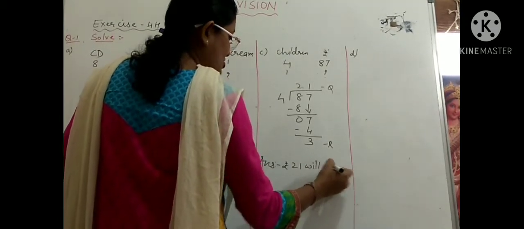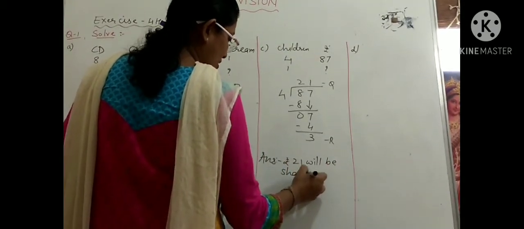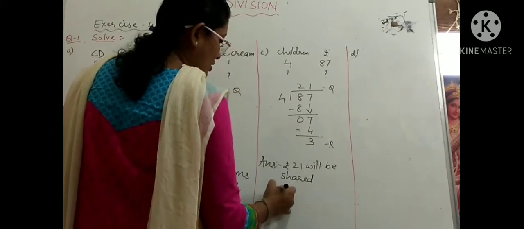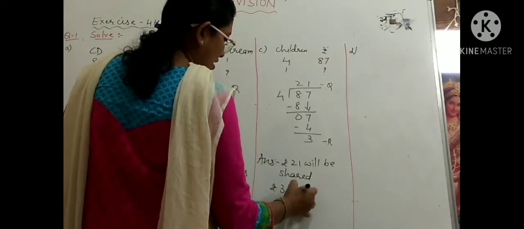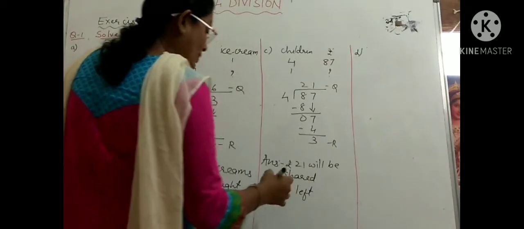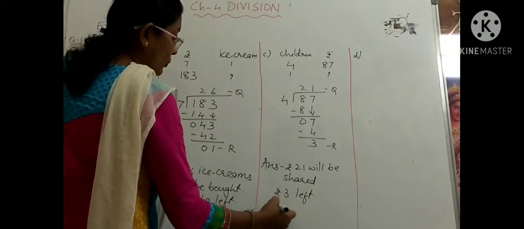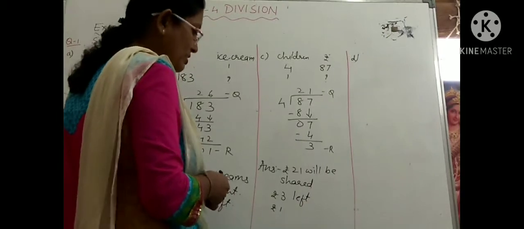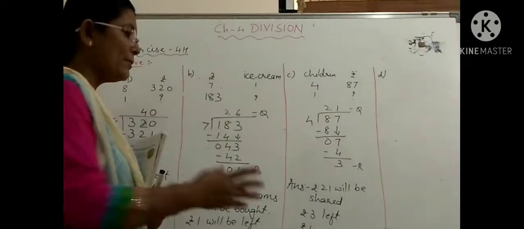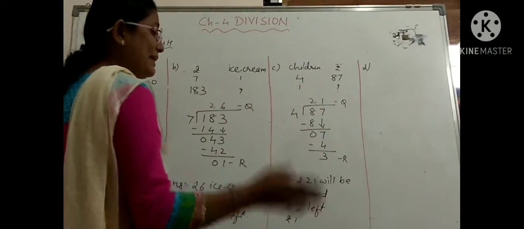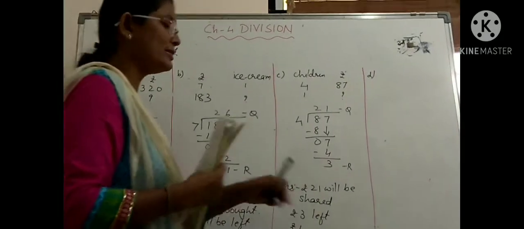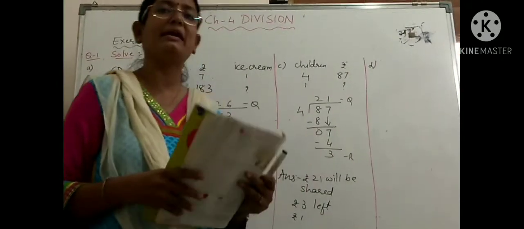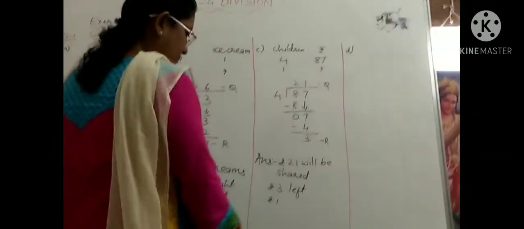will be shared by each child, right? And rupees 3 left. And how much is needed? What will come there? Rupees 1 is needed more. Okay, so the question formation done in the textbook is different, but here I am explaining rupees 1 will be needed more and 3 are still left over. Means 3 will be needed by each child, right? Okay. No need to write about 1.